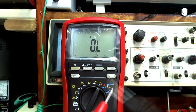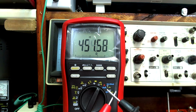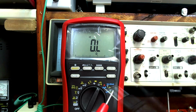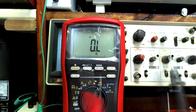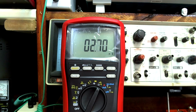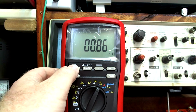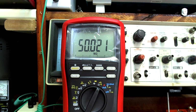Although it's not quite latching, it catches every bit of noise, no problem. It's very quick, so that's quite nice. And then to get into resistance mode, we're pretty much going to push that, and that's conductivity, and there's our basic resistance mode. Now we know we're expecting 10.2 ohms on here,